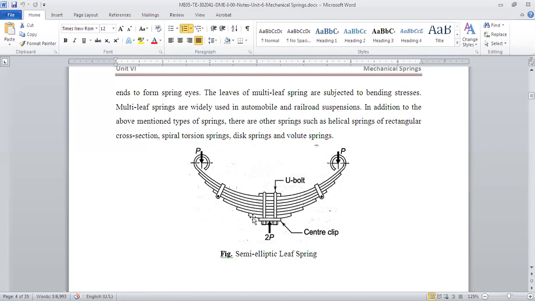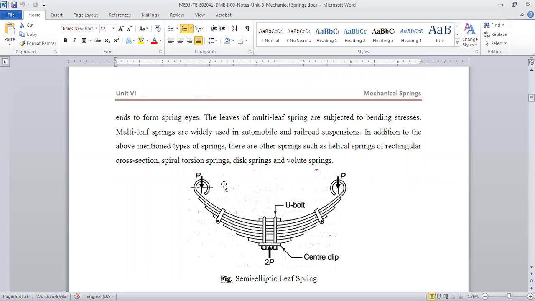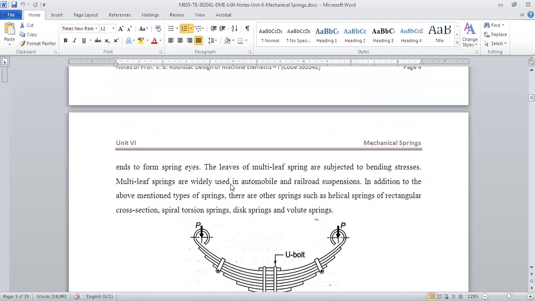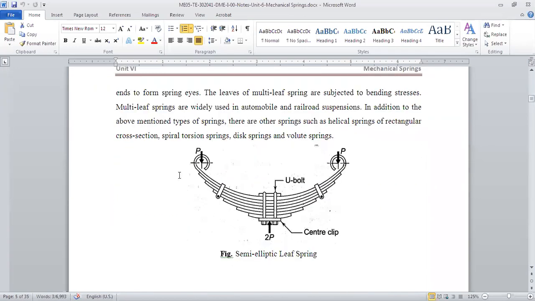And similarly, we also know this type of spring, called a leaf spring. It is used in trucks, right? For heavy loads, these springs are not used. That time this kind of leaf spring is used, which takes the load, and when the load is removed, it will go back to its original position. So for heavy loads or suspension, these leaf springs are used. These small curved plates are called leaves. There is also something called a U-bolt. With the U-bolts, they are fixed together, right?